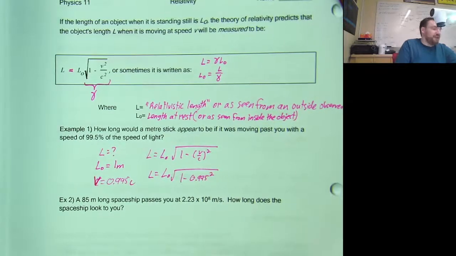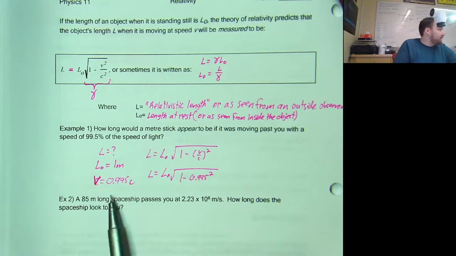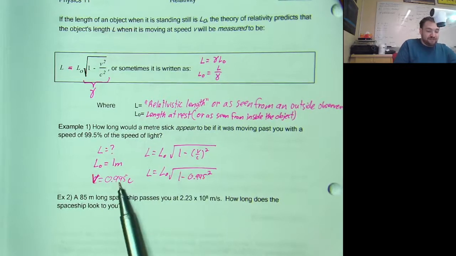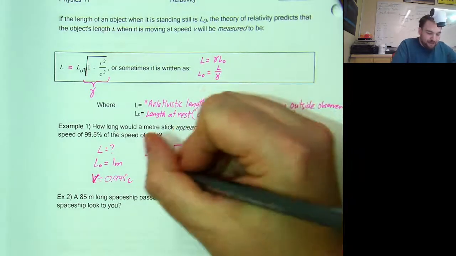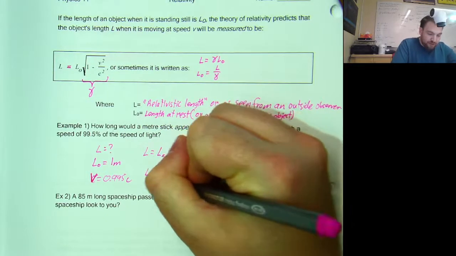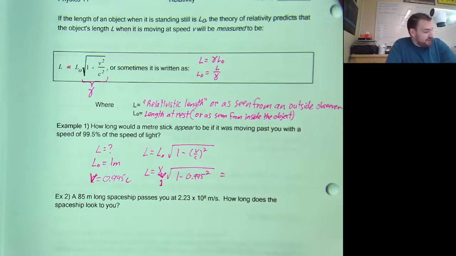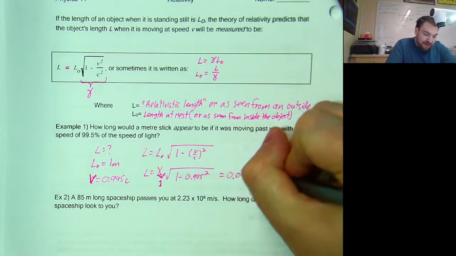If you weren't here yesterday, we use the velocities as percentages of the speed of light c. My c's are going to cancel as soon as I shove this in here. So we're just going to get this 0.995 squared coming out there. L0 rather is 1. How long does this thing look? 0.099,